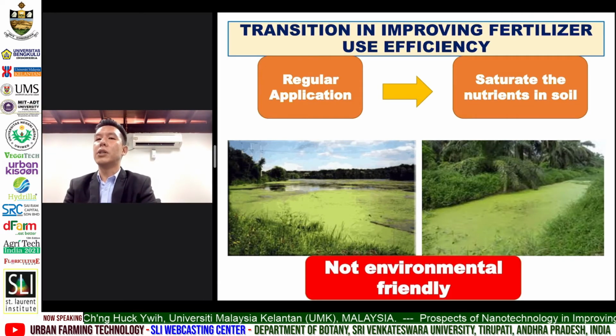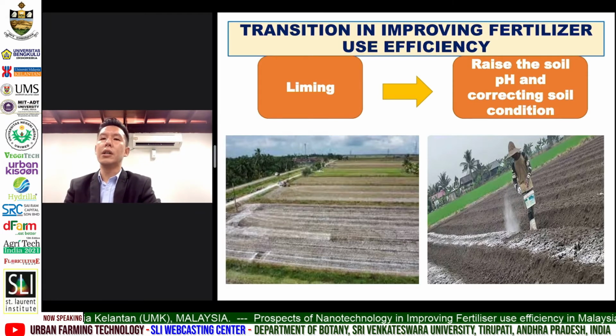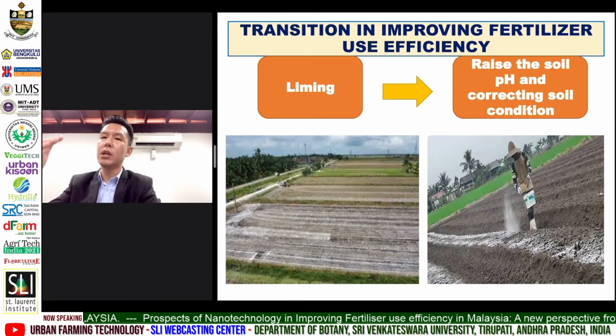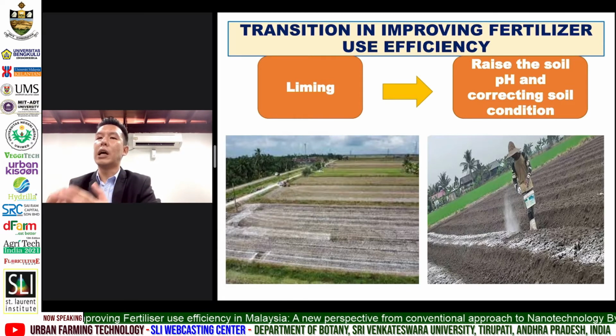After that, researchers and scientists realized that there is a positive correlation between the soil pH and the soil available nutrients. So this is where the liming approach takes place in order to raise the soil pH from acidic to near neutral to enhance the availability of the soil nutrients. However, some farmers have a misconception and they tend to overlime the soil without testing the soil pH, to the extent the soil pH rises to alkaline state.